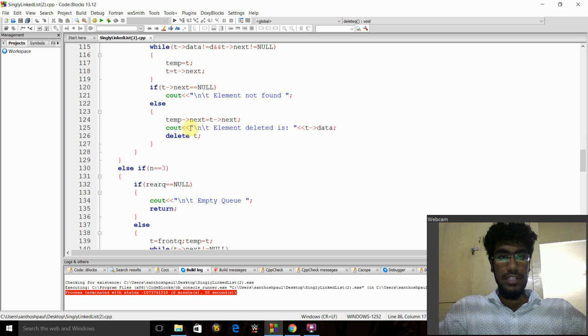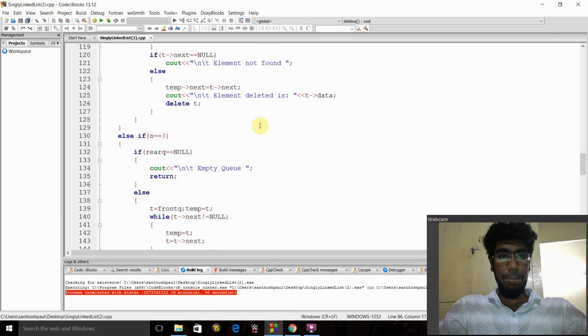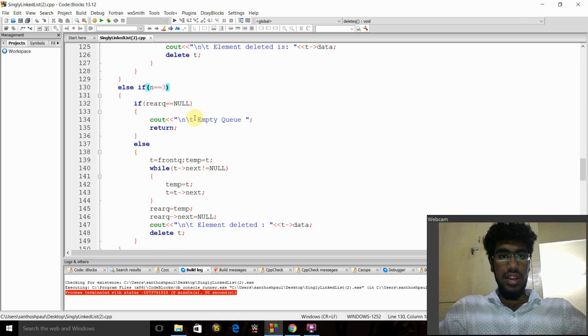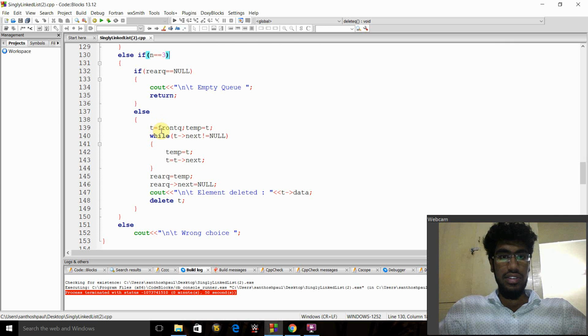Now display the deleted element. Else if the user's choice is 3, that is deleting the element at the end of the linked list, and if rear queue is equal to null, then display the queue is empty. Else t is equal to front queue, initialize t is equal to front queue and temp is equal to t, while